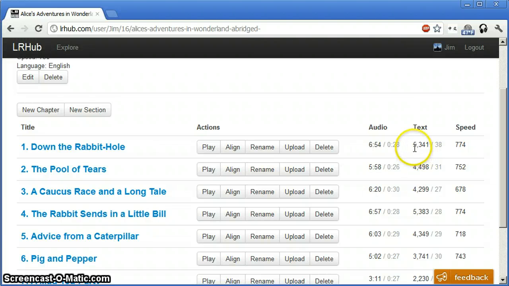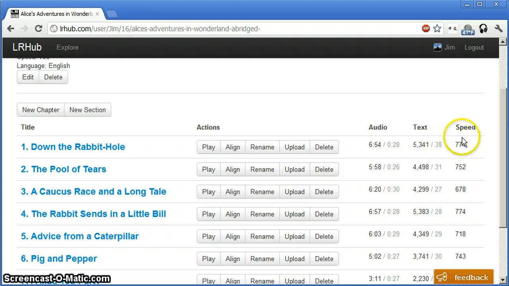So that's pretty cool. And I can also calculate how many segments the audio has been split up into in the transcript. So just by looking at this number, I can see that on average there are 37.8 characters per audio segment. So that's a good indicator to see how well I've synchronized the audio and the text. How fine-grained have I done that? So just by glancing at this page, I can get a good idea about the situation for all the synchronization of all these chapters.